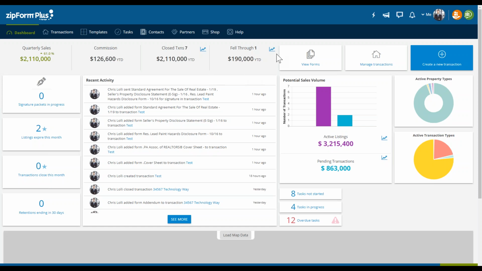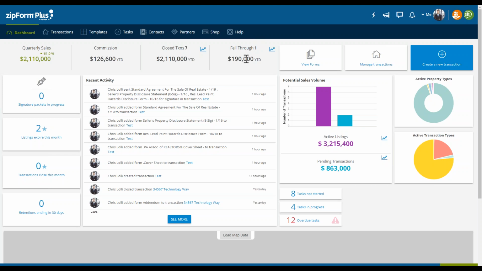Okay, so you can see starting in the upper left-hand corner, these are metrics or values that are garnered through your transaction data that you input into that transaction. And there's 4 key pieces of information that you want to enter into any transaction in order to get this quarterly sales, commission, closed transactions, and fell through all calculated accurately.